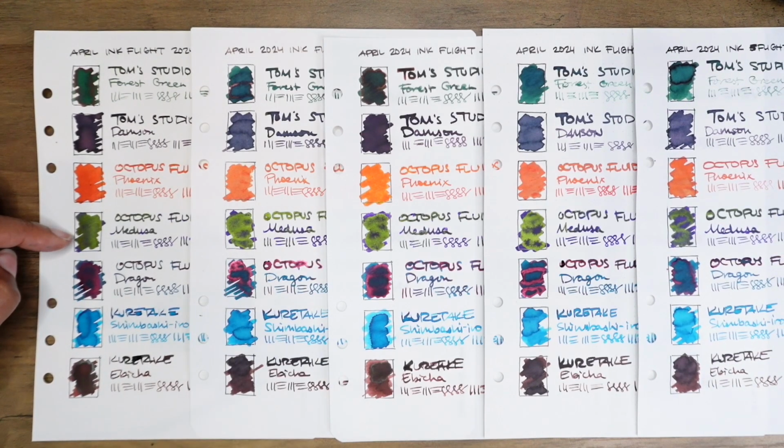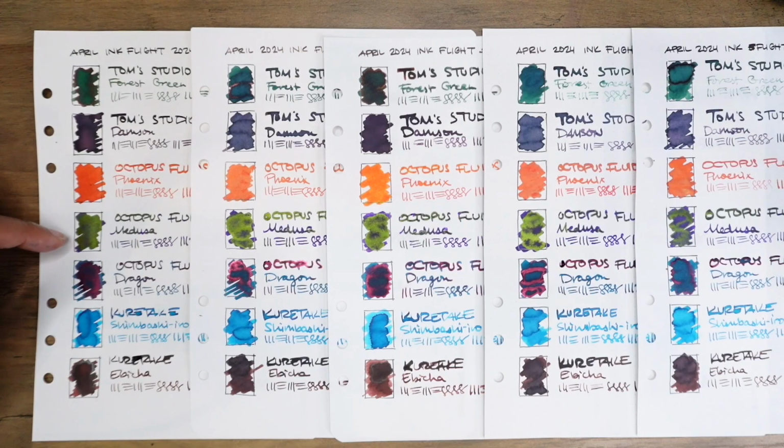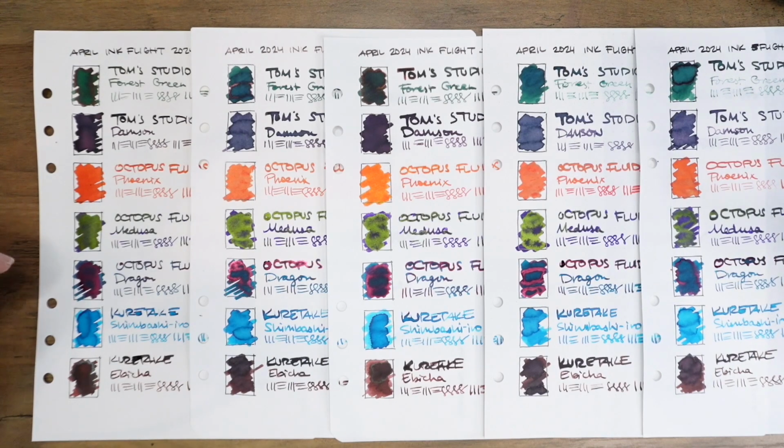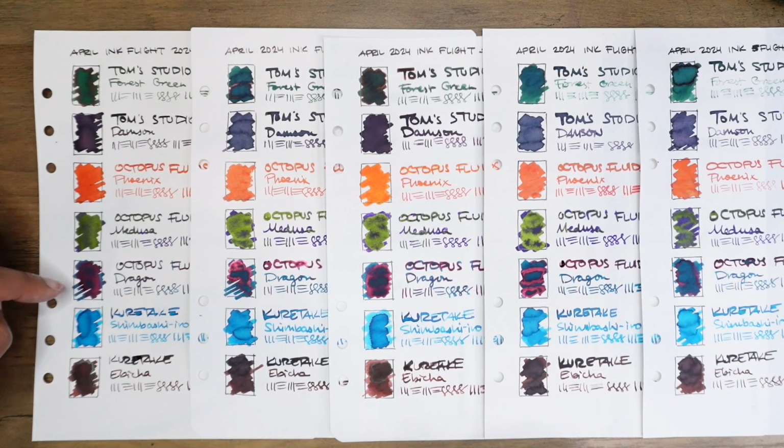I'm very curious about Octopus Fluids Medusa. I really want to see what that looks like in a fountain pen. I'm very fond of Octopus Fluids Dragon. It looks pretty consistent across papers. There's less sheen for this ink on Tomoe River paper. The most sheen I see so far is on the bank paper, and it might be tied with